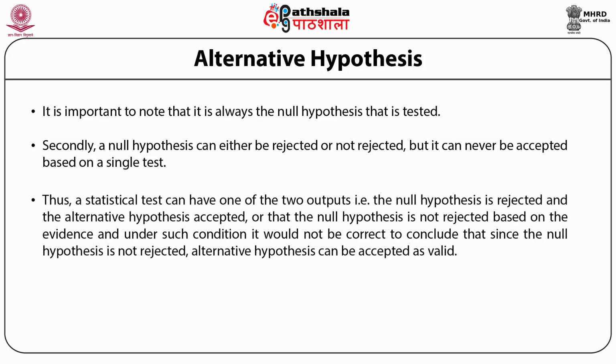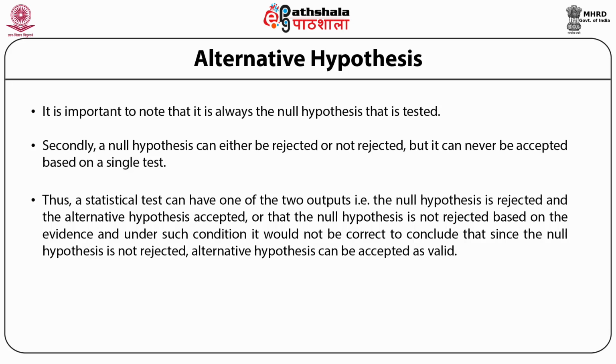Thus, a statistical test can have one of two outputs, that is, the null hypothesis is rejected and the alternative hypothesis is accepted, or the null hypothesis is not rejected based on the evidence, and under such condition it would not be correct to conclude that since the null hypothesis is not rejected, alternative hypothesis can be accepted